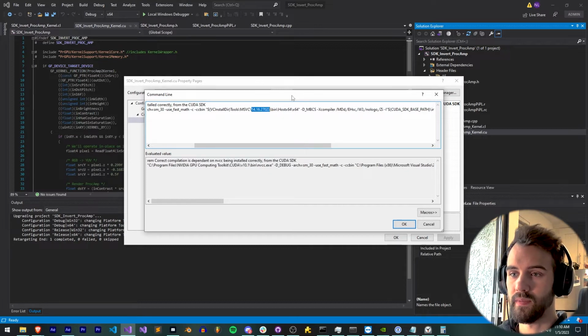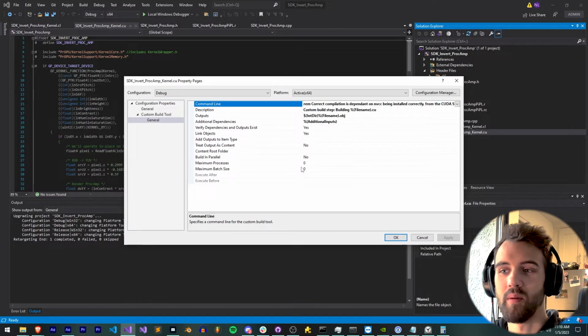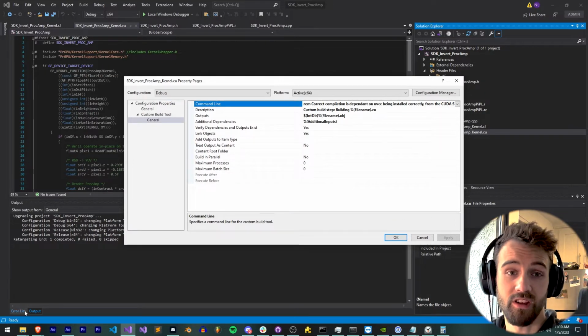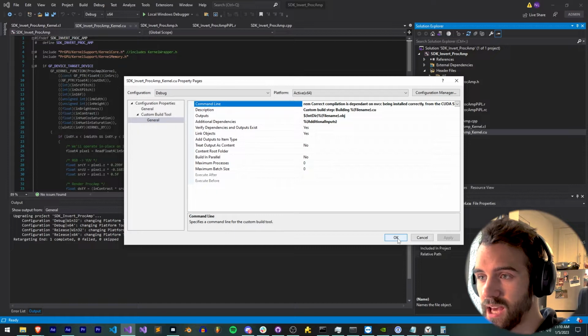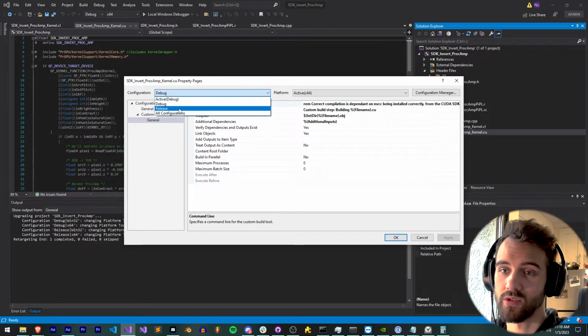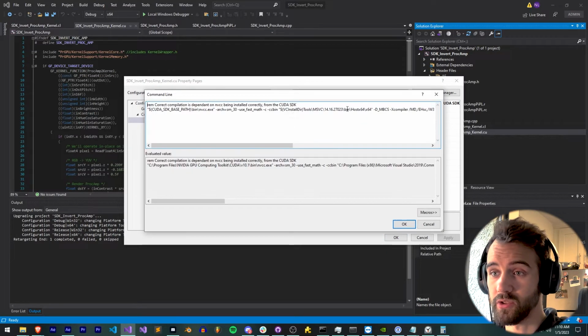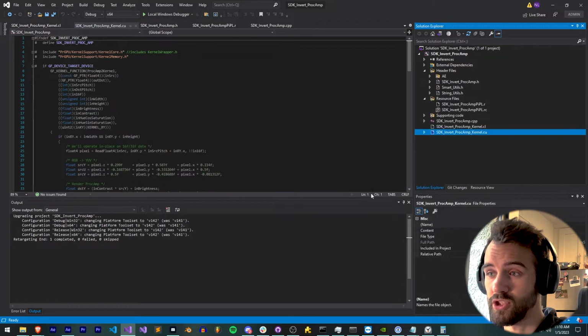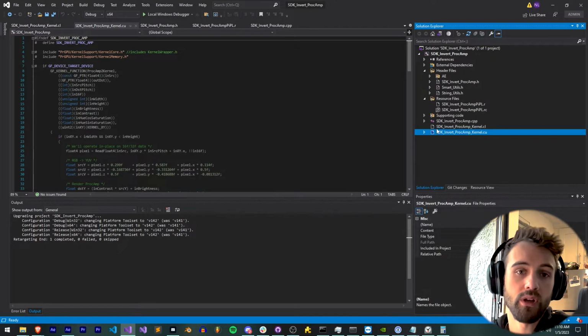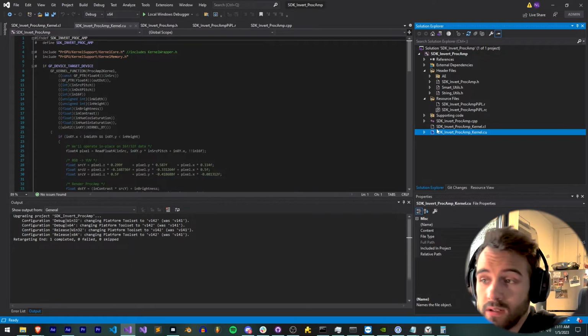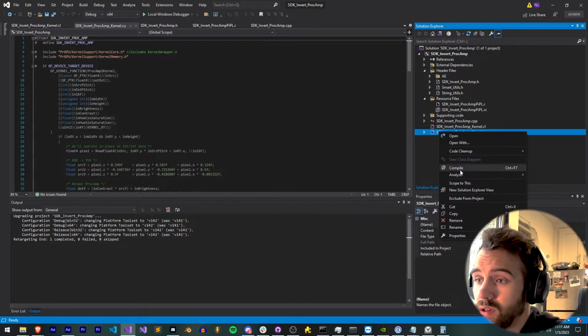Now, that code is basically the same, which means it's probably going to work just fine. But if it wasn't, you would want to change to the other version. And once we hit OK, you also, of course, want to update this for the release version. The release version will take a separate change to apply. And if you want to test that this works, that you did everything right, hit right-click, compile